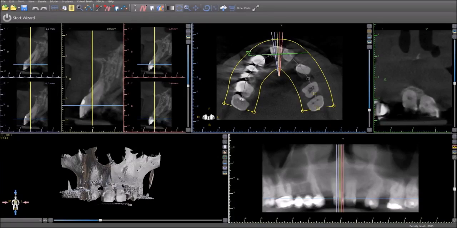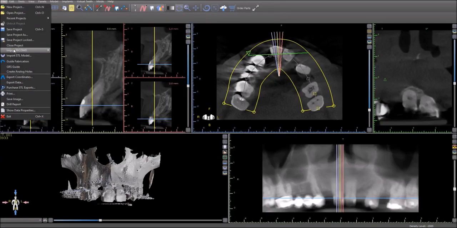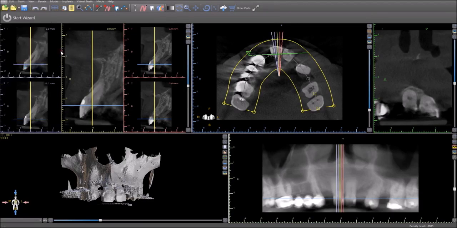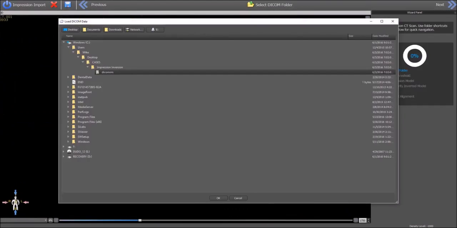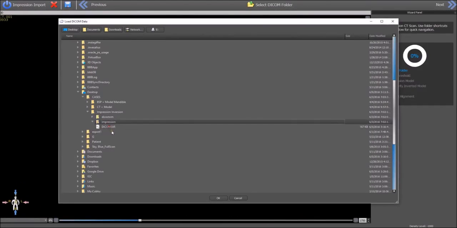Once the PVS impression is scanned with a CBCT, we go to File, Import DICOM, and the software will open a file menu that will allow us to choose between importing an impression scan, model scan, or scan appliance. In this case, we select impression scan. We navigate to the relevant folder,